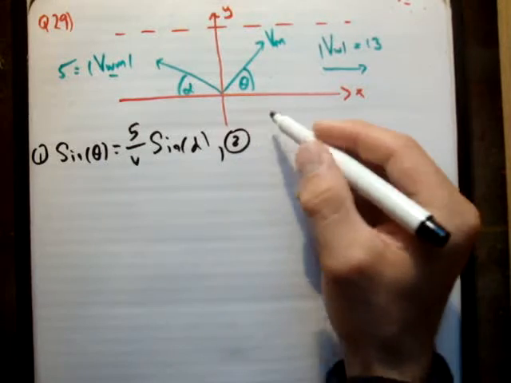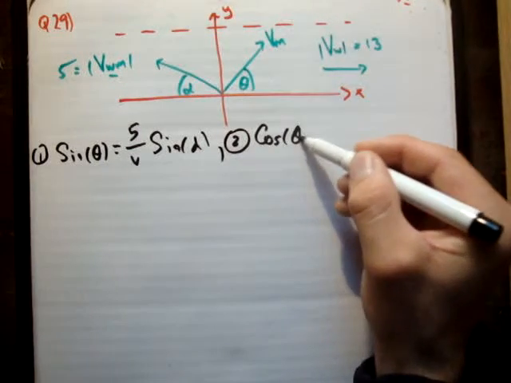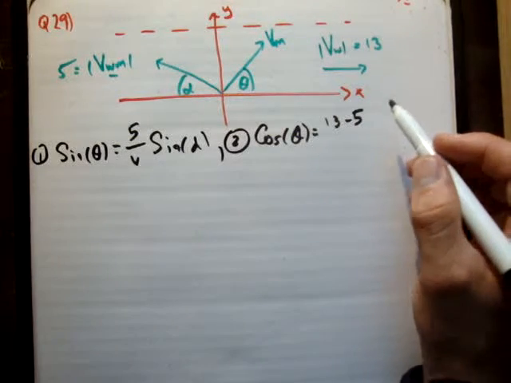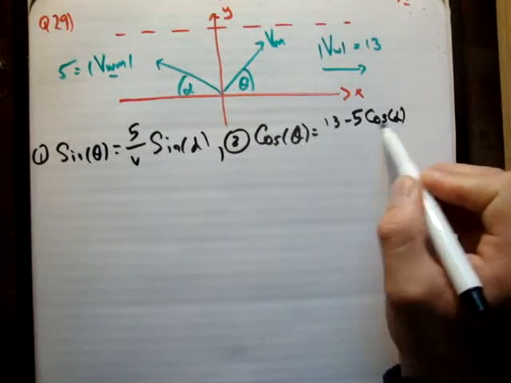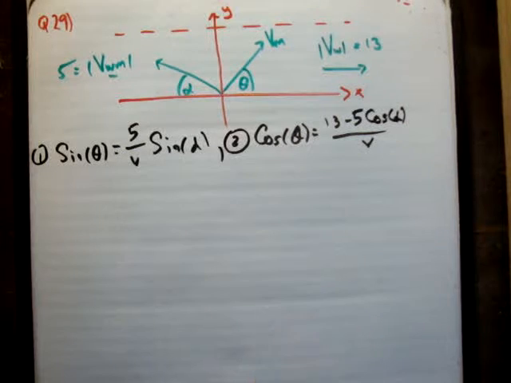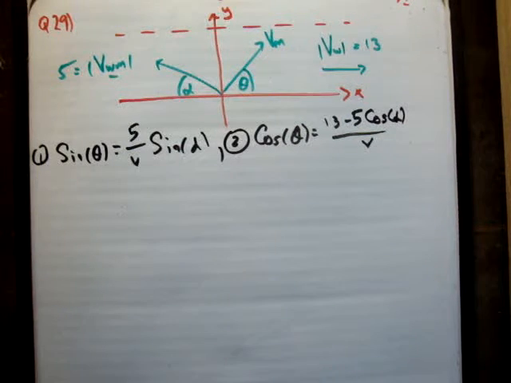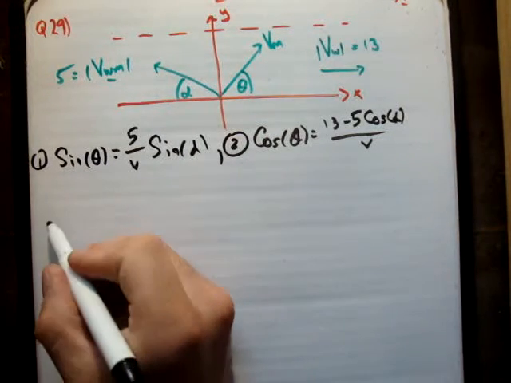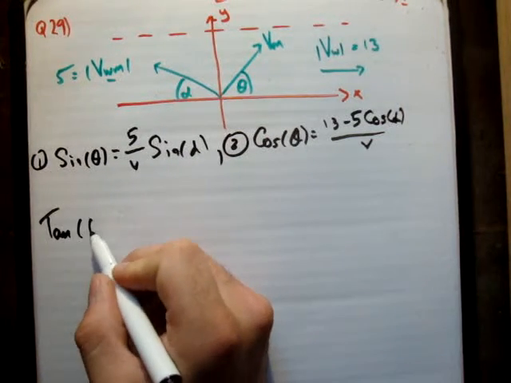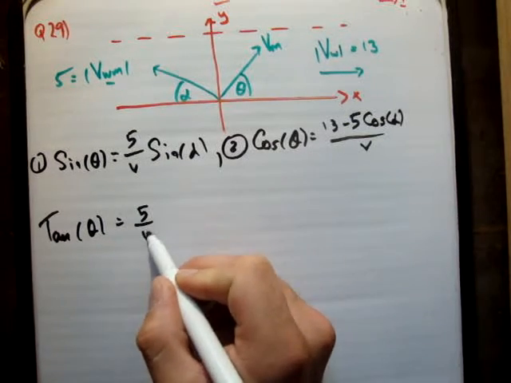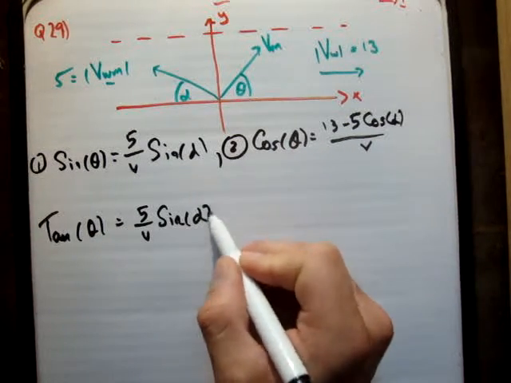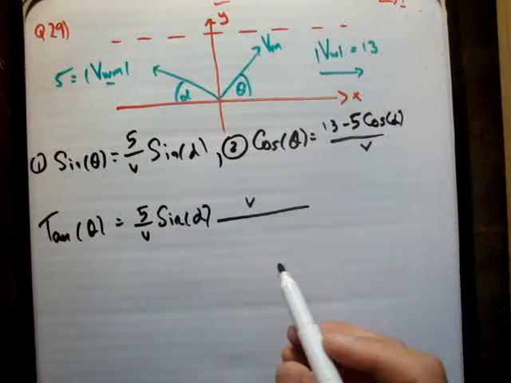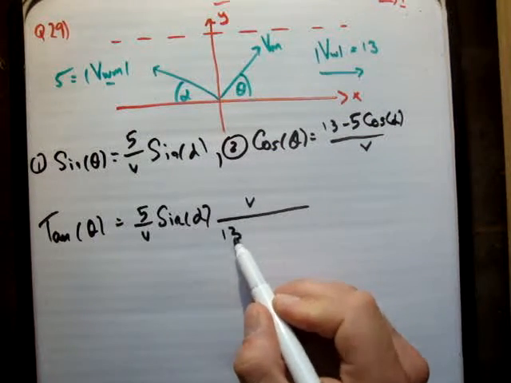And number 2 said that cos of theta is equal to 13 minus 5 times the cosine of alpha over V. So I'm just going to divide expression 1 by expression 2, and that will give us straight away an expression for tan theta. So tan theta is equal to 5 over V times the sine of alpha, and we're dividing by a fraction, so it's the same as multiplying by the inverse of the fraction. So just turn it upside down and multiply,